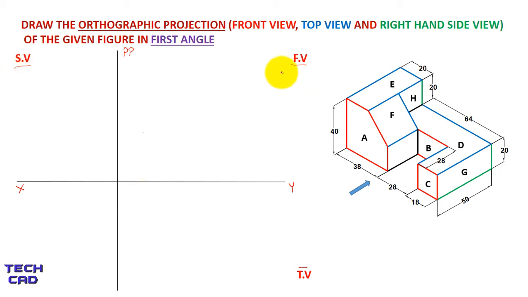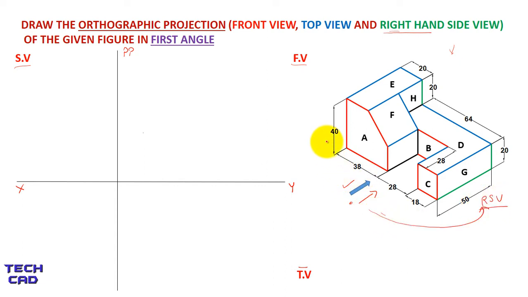So this is a first angle projection in which the front view is always above the XY line, the top view is always downside, and the side view is always on the profile plane. Before starting the orthographic projection, we must know which is the front view. So students, this arrow shows that this particular side is the front view of this 3D figure. And the top view, as we know, is always from the top side, and the examiner wants the right hand side view. So if the observer is here, they will move towards their own right, so it becomes a right hand side view.